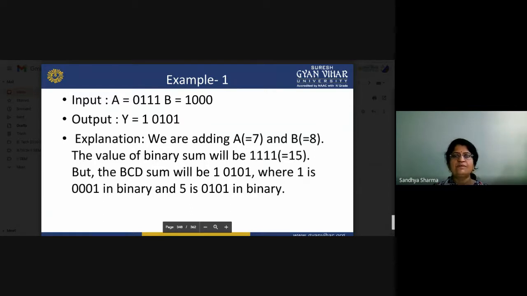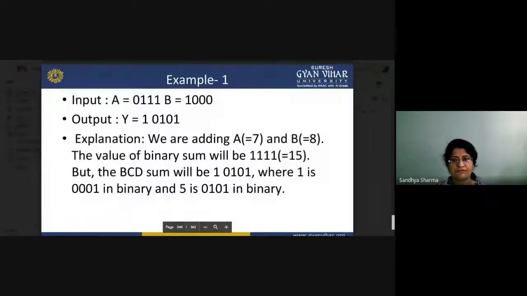But the BCD sum will be 0001 0101, where 1 is 0001 in binary and 5 is 0101 in binary. You write the 1 and the 5 separately. That is called BCD addition, not 1111 as in our binary adder.